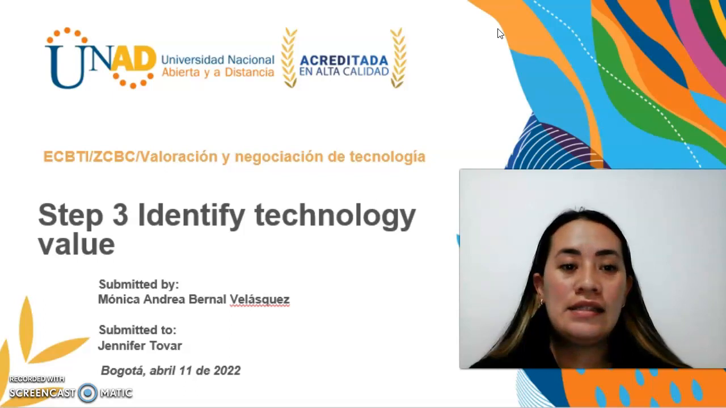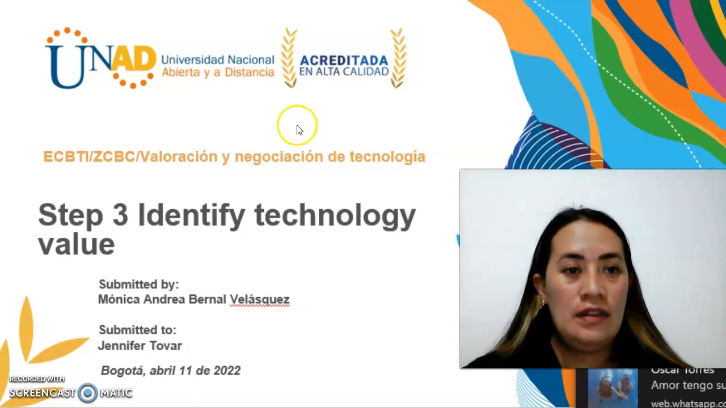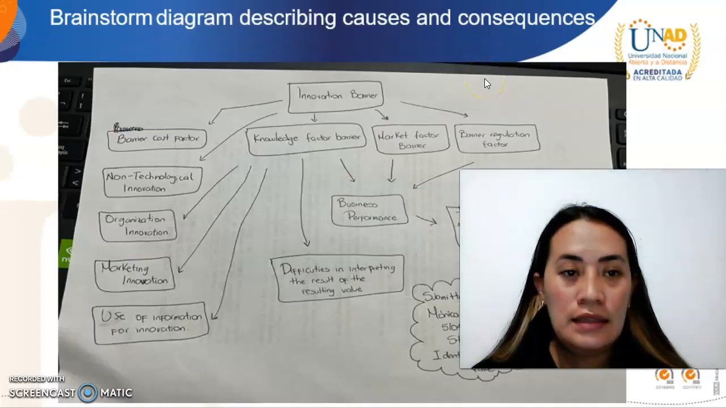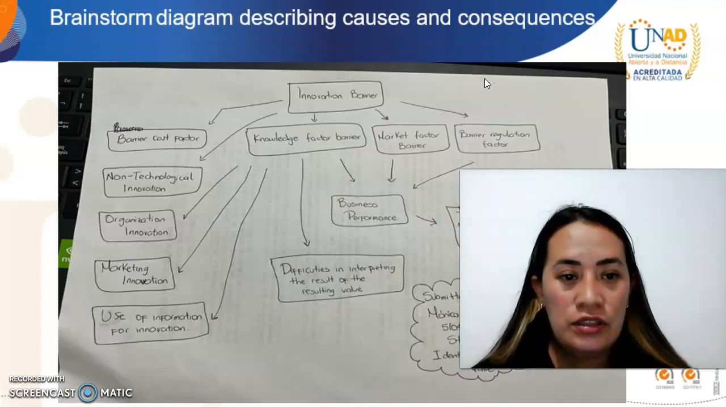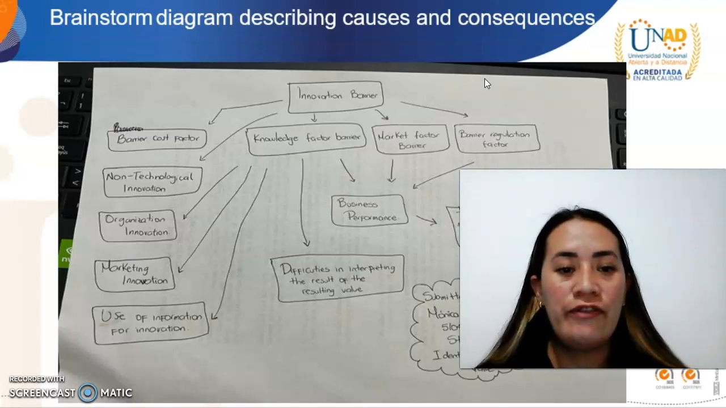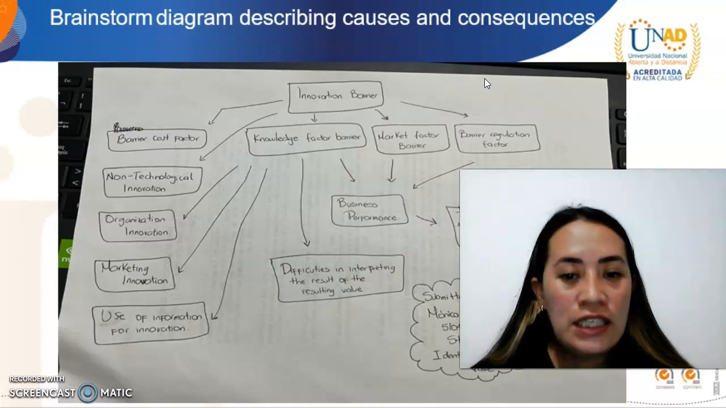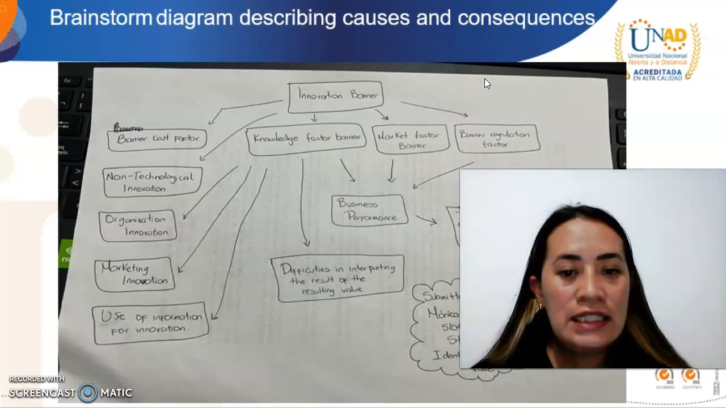Step 3. Identify technology value. The number 9 Weisrum diagram describing cause and consequence. Think. Innovation barrier cost factor, not technological innovation, organization innovation, marketing innovation, use of information for innovation, difficulties in interpreting the result of the resulting value,